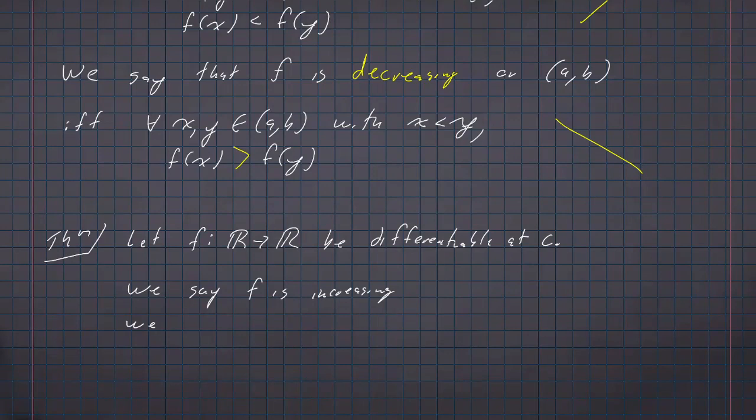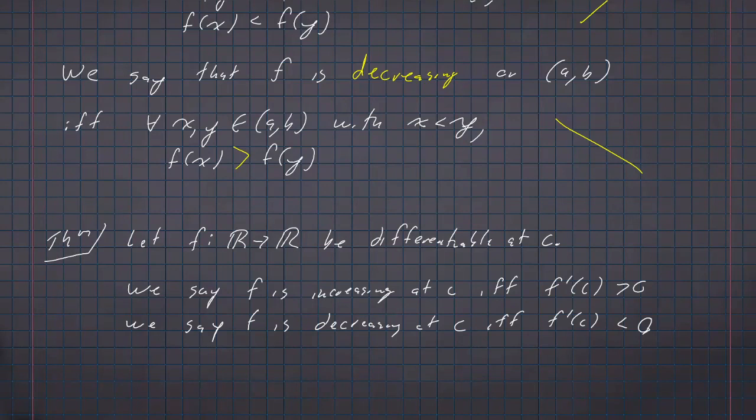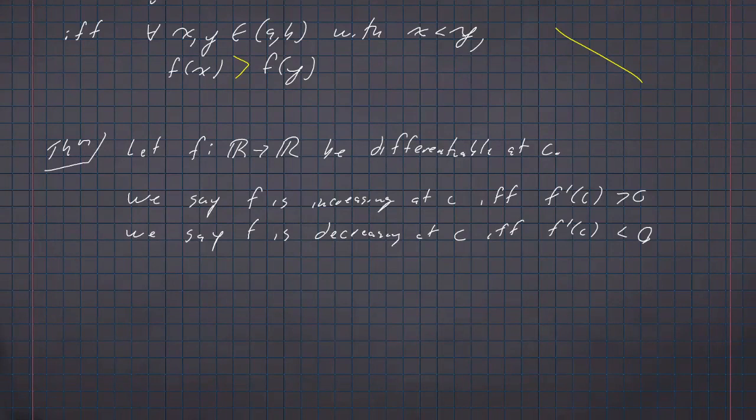Let's let f be a function differentiable at some point c. We will say that f is increasing at c if and only if f prime of c is greater than 0, and we'll say that f is decreasing at c if and only if f prime of c is less than 0. Right, so using the derivative to take this average rate of change and turn it into an instantaneous rate of change, and then using differentiability